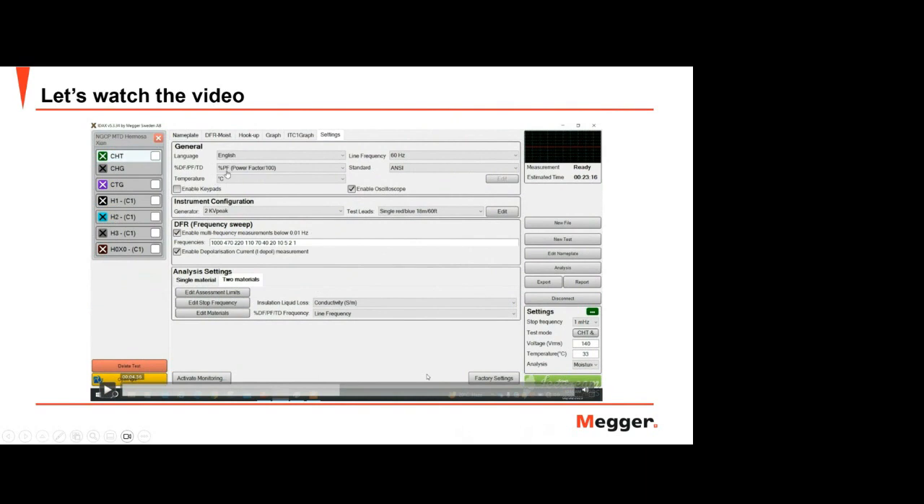So here you can select whether you want to see a percent dissipation factor or power factor. You can select the standard, whether you are going to use IEC or ANSI. You can also enable the oscilloscope so that you can see the current sine wave and the voltage sine wave. You can also select the generator. You can select 2 kV or 200 volts. You can also select the test leads here, and you can edit the frequency